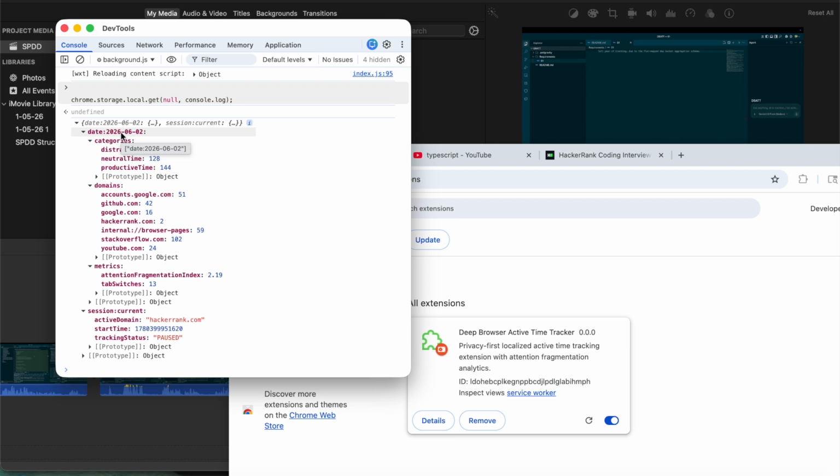Now this will bring you the internal storage of Chrome, which we are currently using to store our statistics for the screen time tracker. And as you can see here, for today's date, it is showing me the categories of websites that I have visited, my productive time, my neutral time, what domains I have visited, what is my attention fragmentation index, and how many tabs I have switched. So this is a very useful information for anybody who wants to track their productivity and are aiming to improve the way they spend their time